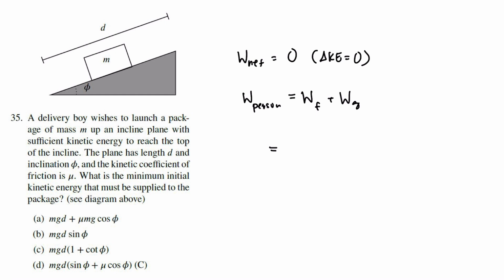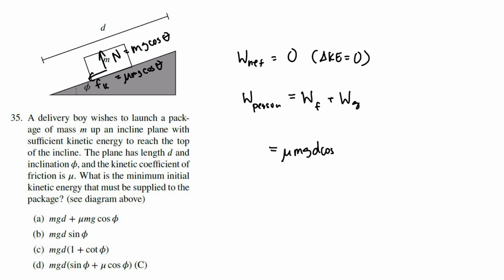Hopefully by now, at this point in the year, you should know that for an ideal situation with just a single mass on an incline, nothing else crazy happening, the normal force should be equal to mg cosine theta. So by extension, the kinetic frictional force should be mu mg cosine theta. And then the parallel component of the distance in this case would just be d, because d and the force of kinetic friction are in the exact same direction. So the work due to friction would be mu